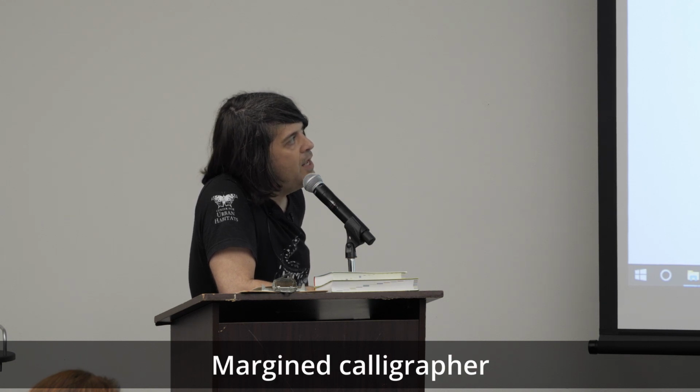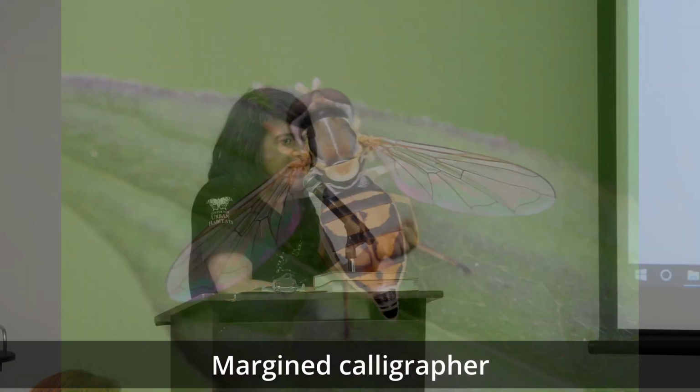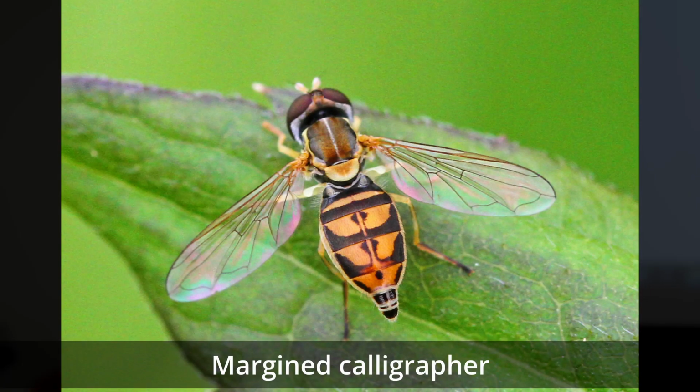Next slide, please. There's a small group of hoverflies that particularly love visiting flowers. They're often called the flower flies. This one is the margined calligrapher. This is another one you've got to look closely at your flowers if you're walking by. They love composites, by the way. They love